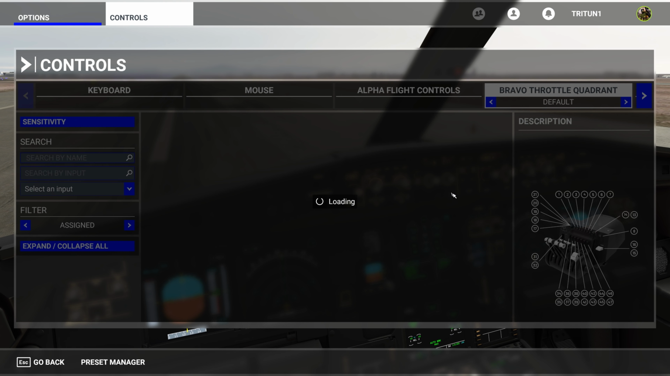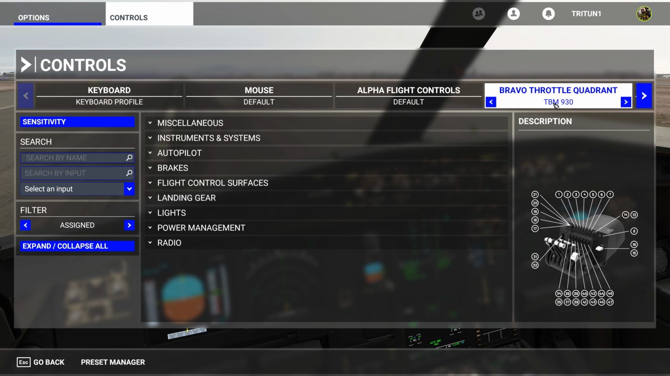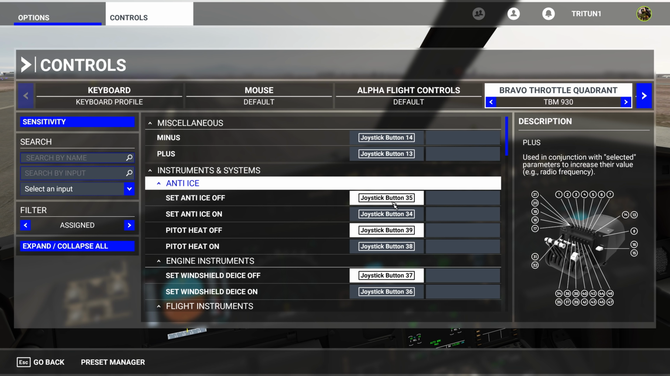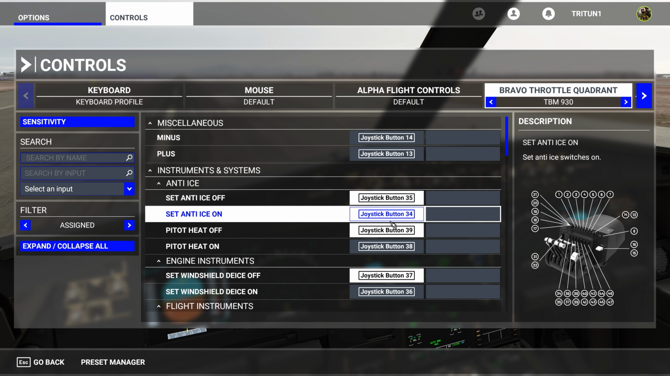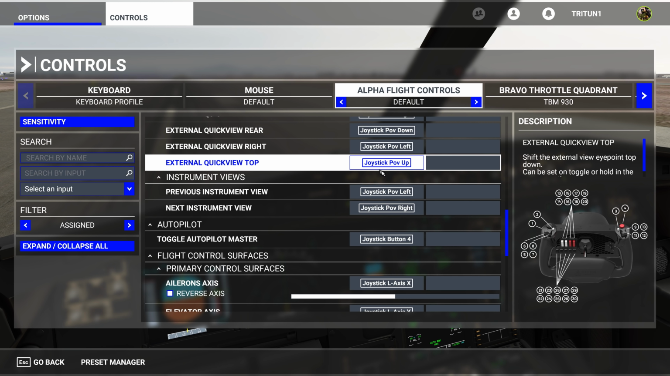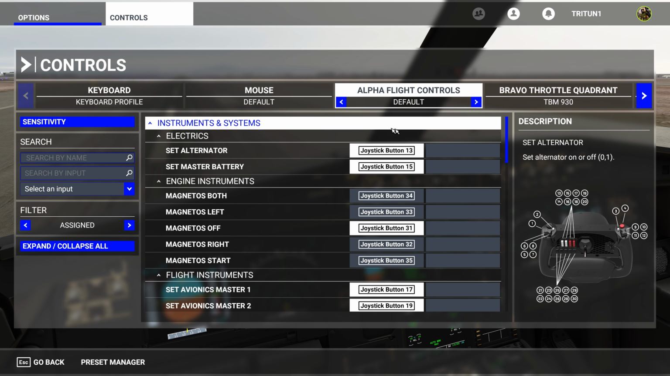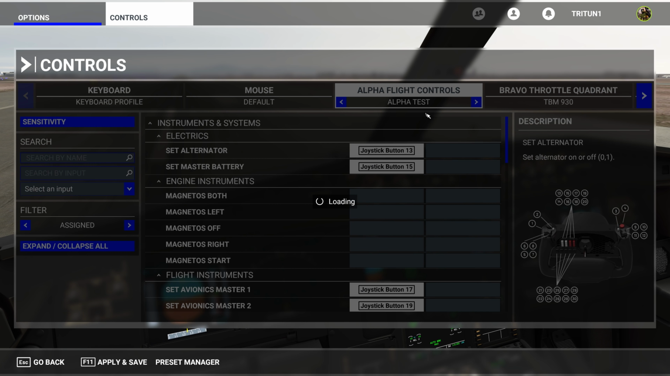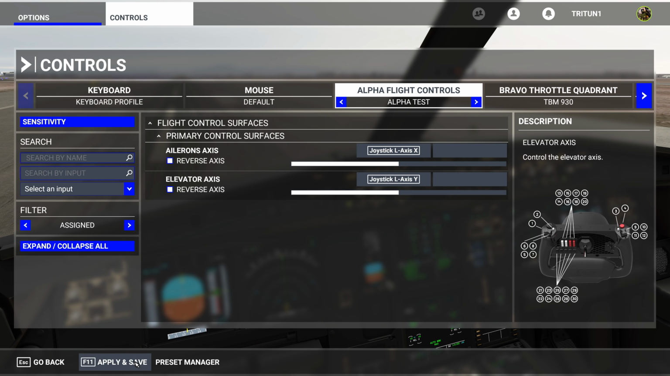We're going to go to controls, and you can see right now I have my TBM 930 profile. Pay no attention to that. That's not the important part. The important part is that you can see all these things are mapped, okay? And then same thing with my Alpha flight controls, okay? All these things are mapped. What I've done is I've created two profiles, one for each. So if we move over to Alpha test, hit apply and save,